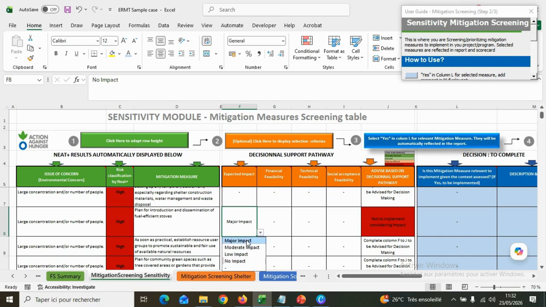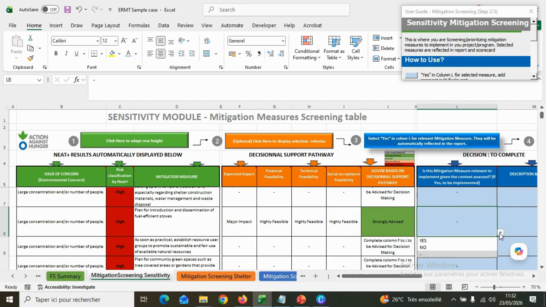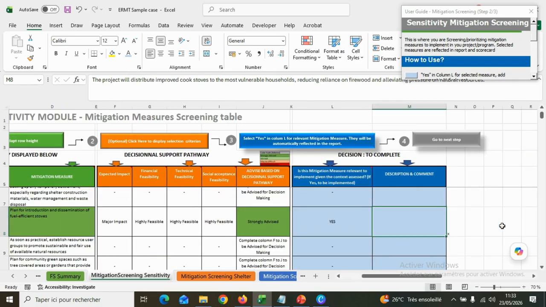But for instance, if I put that there is a major impact, then it's highly feasible, and also the technical feasibility is high and the social acceptance would be high as well. I can say that okay, the tool is strongly advising me to implement, so I would put yes in here. So it will be reported as a commitment that I will be